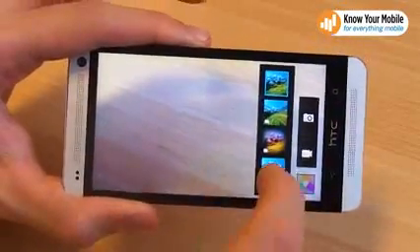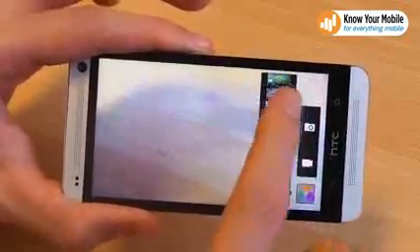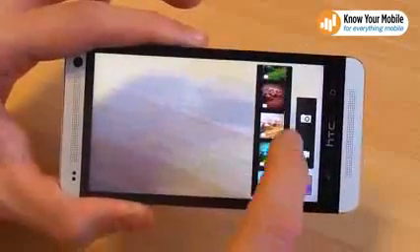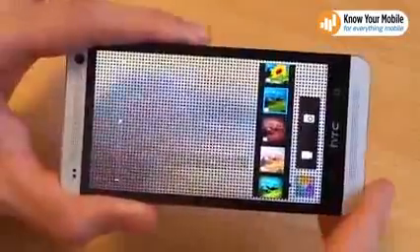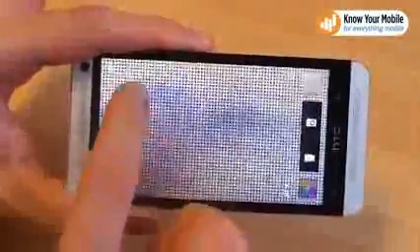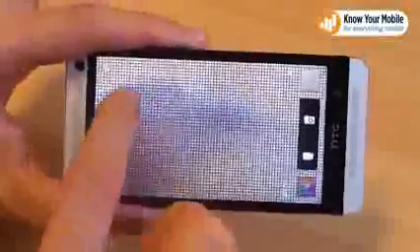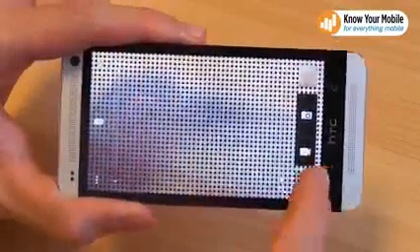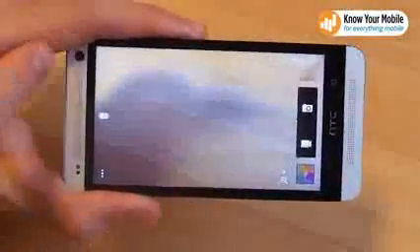You can also add a filter to your image, and this is something we've seen from HTC before, so we're not going to go into too much depth on it, but you can see a lot of fun effects here that are usually pretty customizable. You can change the size of these little dots. There you go. If we tap on filter, kill it, we can see on the left side you've got flash toggle,